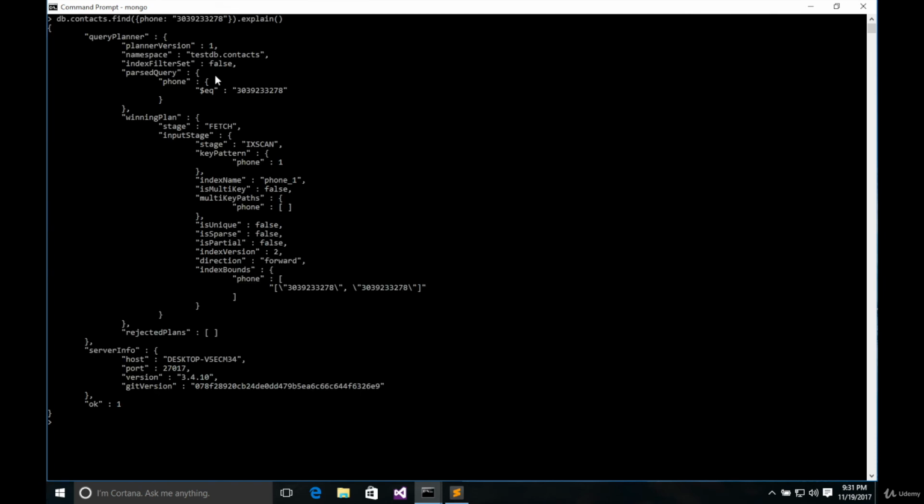And now you can see that out of many plans it came across, it now uses an IXSCAN, which is nothing but index scan. If you want to drop the index,